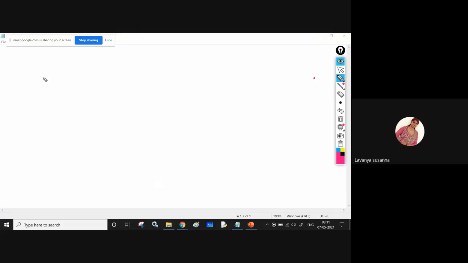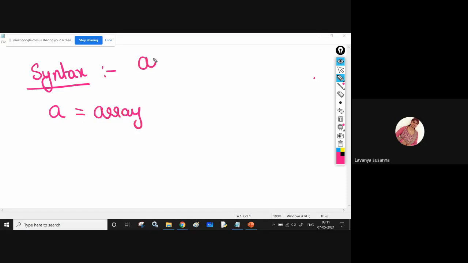Okay, array. Let us see the syntax once again, just a recap. Use some variable name equal to array object. You need to use the array object. If you want to use this array object to create an array, you need to import the numpy package. NumPy, the numerical Python package, you need to import.